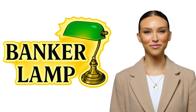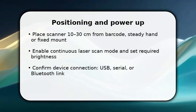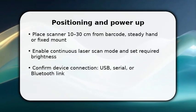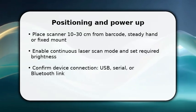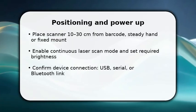You start by positioning the scanner and powering it on. Aim so the red laser line crosses the barcode perpendicularly. You want consistent reflectance, not glare. Once done, enable continuous scan or single trigger mode depending on workflow and verify the beam intensity is appropriate for